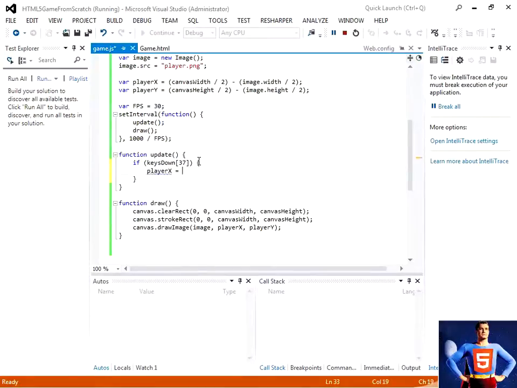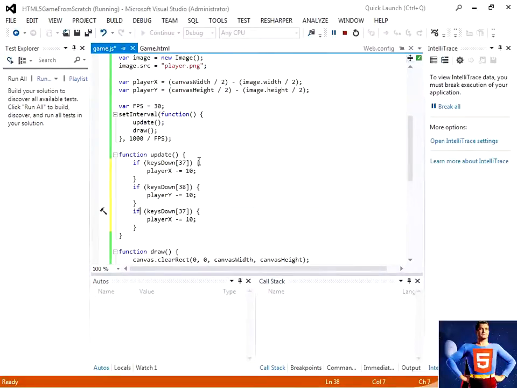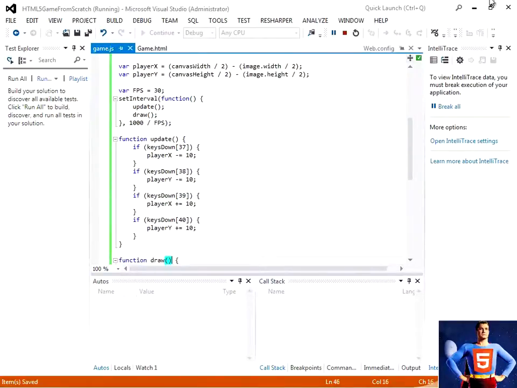So then we're going to do player X minus equal 10. We're going to move by 10. So if we're going to go left, and then let's go ahead and check if the 38 key is down, which is going to be the down key. So we're going to do player Y minus 10, and then we'll check 39, and 39 should be the right key, so we'll do plus on the X, and then we're going to check 40, and 40 should be the up key, so we'll do plus on the player Y. So let's go ahead and test this out. So now we should be able to move our player around with the keyboard,